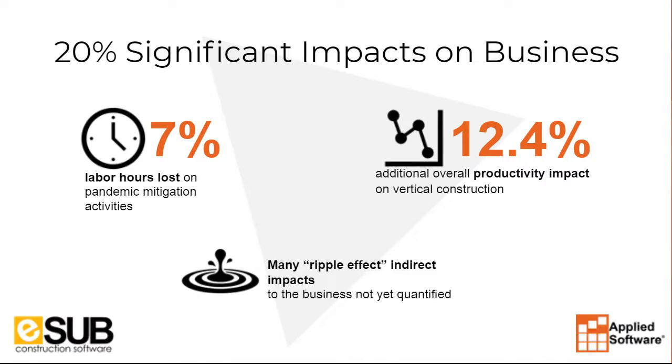James, what do you think about this? They're talking a 20% impact on businesses right now. And this is, again, the COVID filter. They're saying 7% lost labor hours because of the pandemic mitigation activities, like we discussed: longer lines to get on site from the temperature scans, the reduced amount of buck hoist activity, or the scaffold stair tower access, which is compounding over here on the right side at 12.4% overall. Now, granted, this is on vertical construction, but have you heard any numbers similar to this or contrary to this from the customers that you're working with, of what the impact of COVID has really been to production since